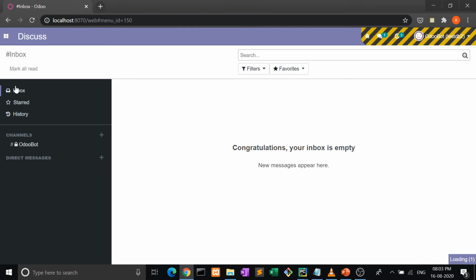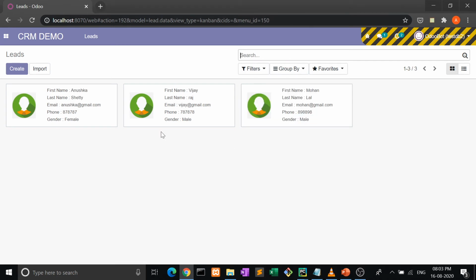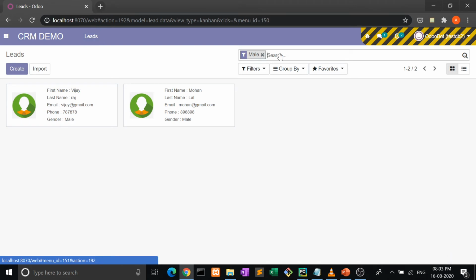Here is CRM demo. Now look at this, only two male candidates are visible. And if I cross this search filter, the female candidate is visible. So this is called the default filter.